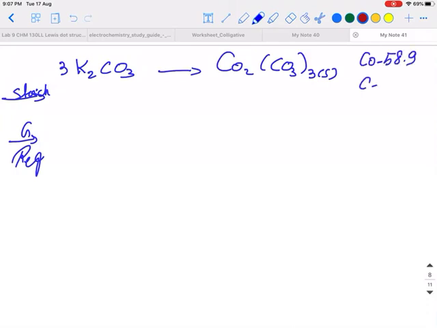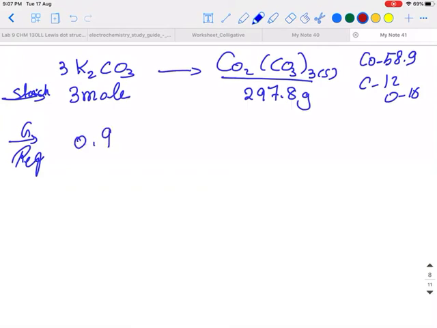From the periodic table, the atomic mass of cobalt is 58.9, for carbon is 12, for oxygen 16. So the molar mass of cobalt carbonate multiplied by 1 is 297.80 gram. Here, no problem, I can use the mole ratio. Every 3 moles correspond to 297.8, so every 0.9, the one that we found already,